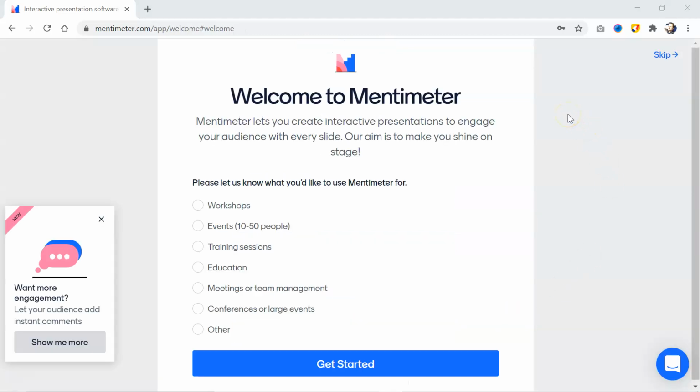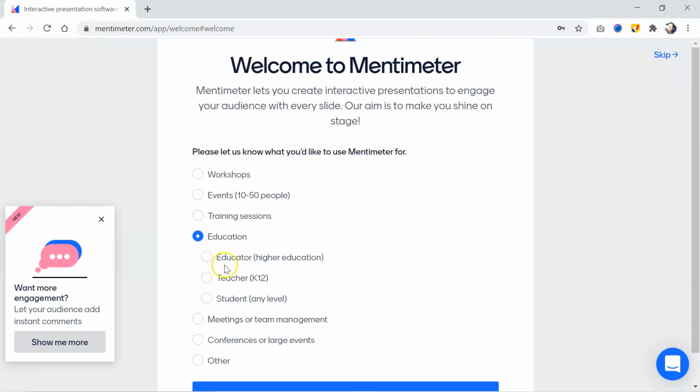On the sign up, you will be welcomed to Mentimeter and it will ask you the purpose for which you are going to use Mentimeter. Among these, I am going to choose education.